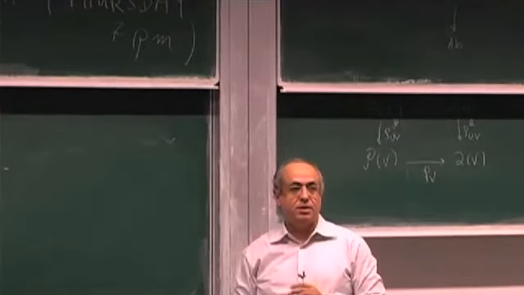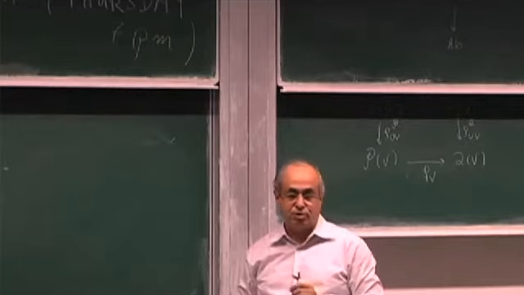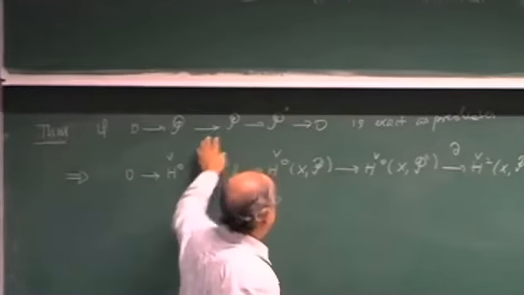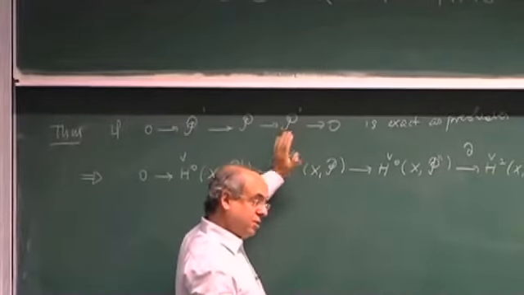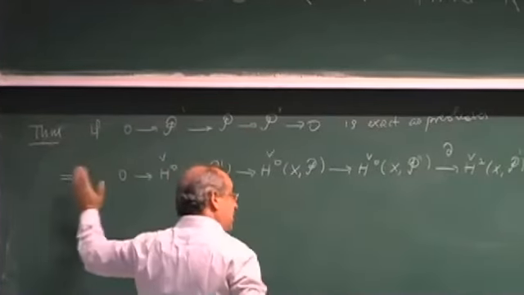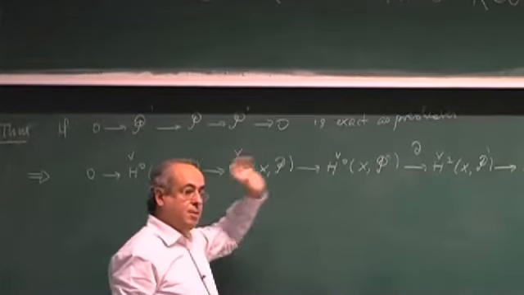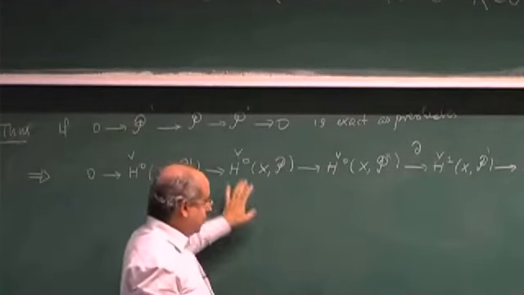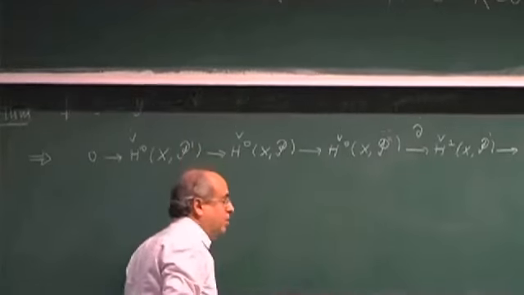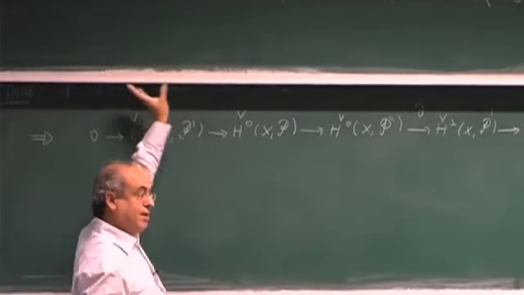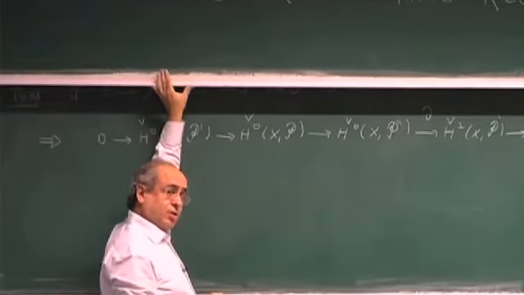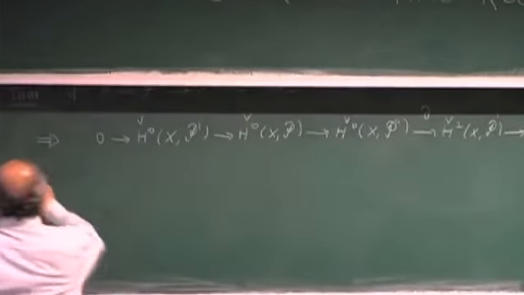So the point is, can we consider some situations where nevertheless this is true? So we assume that the sequence is exact in the sense of sheaves, and we have nevertheless a long exact sequence of cohomology. Now it turns out that there are two situations. Luckily enough, one is what happens in differential geometry, and the other is what happens in algebraic geometry, in some sense. So for today, I don't have time to say more, but